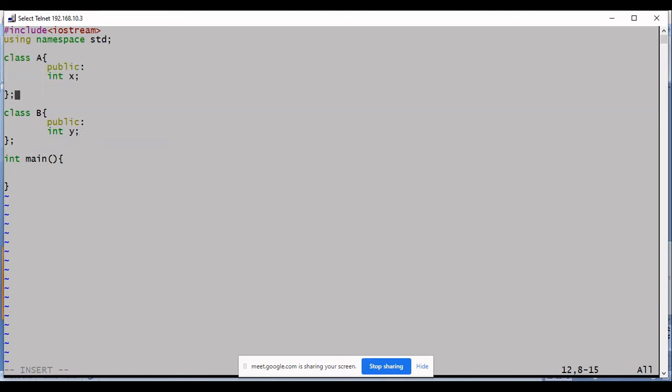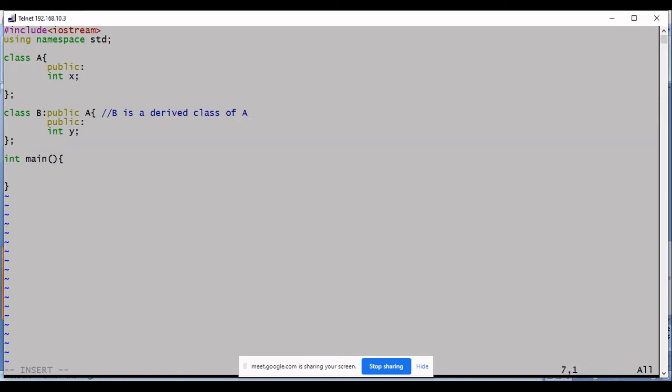So I want to inherit class A so that class B becomes a derived class. And let's see the syntax, how to make it a derived class. In the class definition, immediately after the class name, you type colon followed by the keyword public and then write the class name. And this means that B is a derived class of A. Okay?